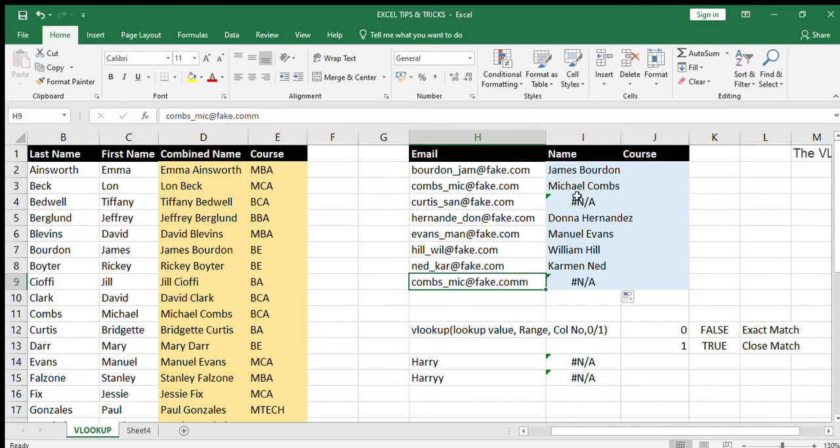Okay, now you see there are NAs also over here, which we will try and find out why we are getting NAs. So obviously, if the value what we are looking for is not present in the table, that will give us a NA. That is, it did not find the value which we are looking for.